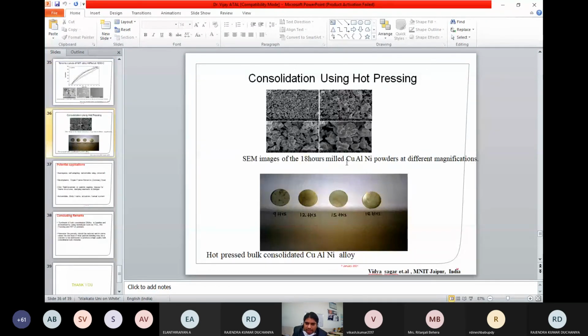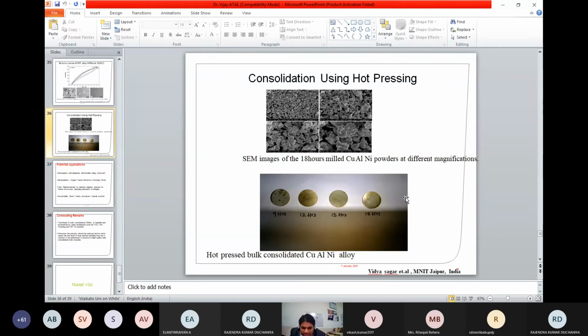While in the case of copper-based alloy, some more bulk materials have been produced using vacuum hot pressing, and different densities were observed with powders milled at different conditions. Anyway, 95 to 96% dense bulk materials have been produced, but at present we are yet to know the shape memory properties of these materials.